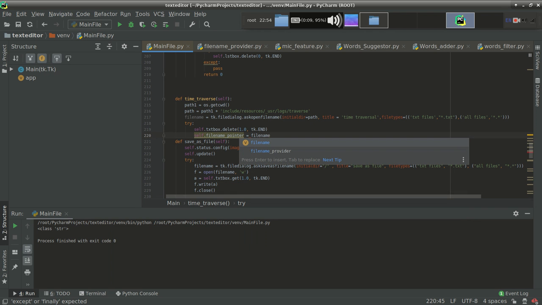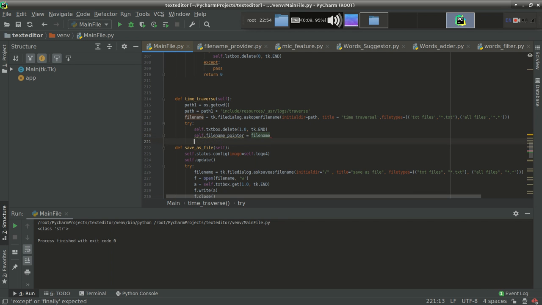Actually, if you remember, filenamepointer tells me the name of the current opening file. Since I am opening a new file using time traversal, it is my duty to assign a new value to filenamepointer. So same thing I am doing over here: self.filenamepointer equal to filename.